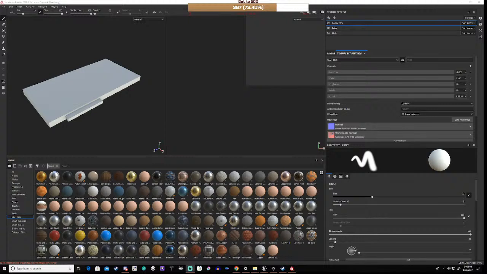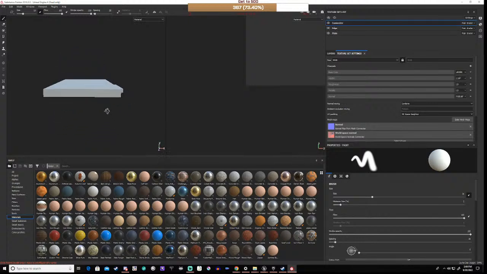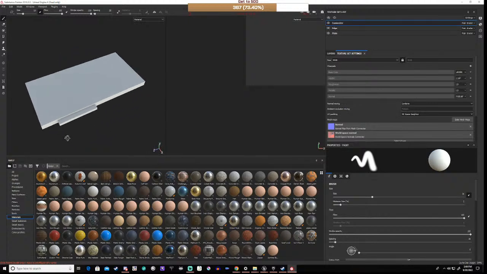Hey guys, today we are starting off in a little bit of an unlikely place, which is Substance Painter. And what we're going to do is we've done a blocking out of a PCB. So here is our very simple PCB, okay? And from there,